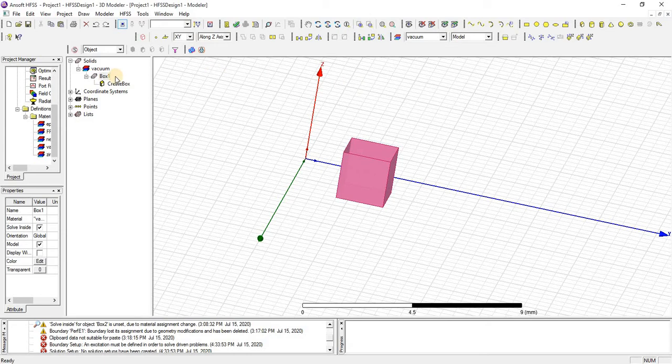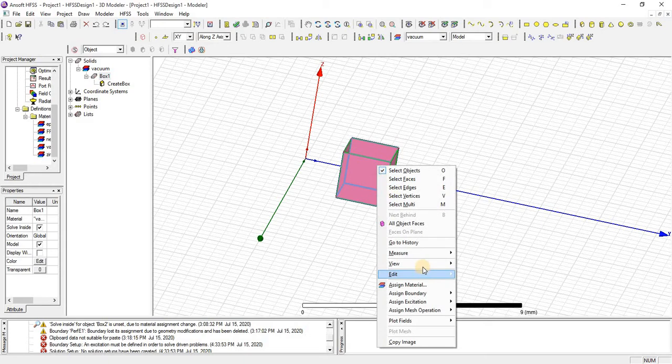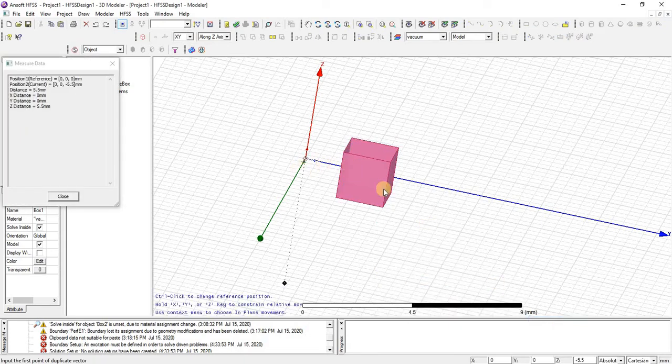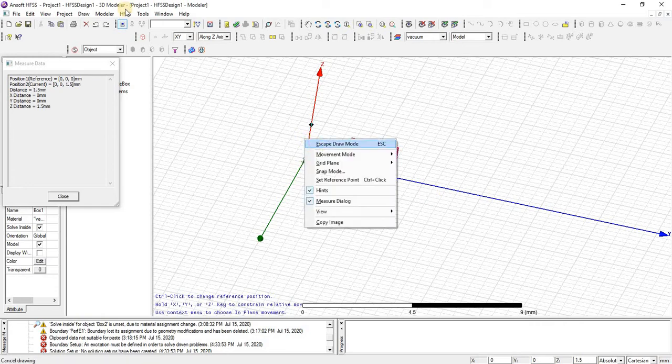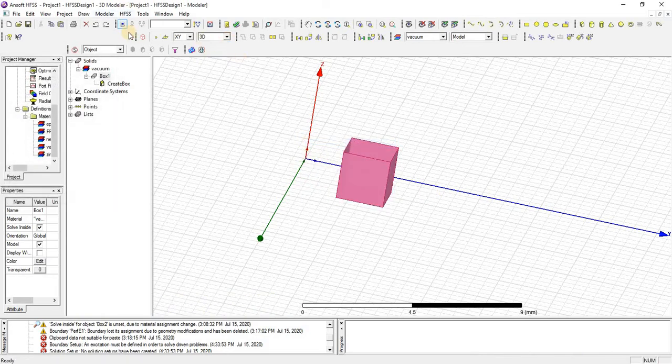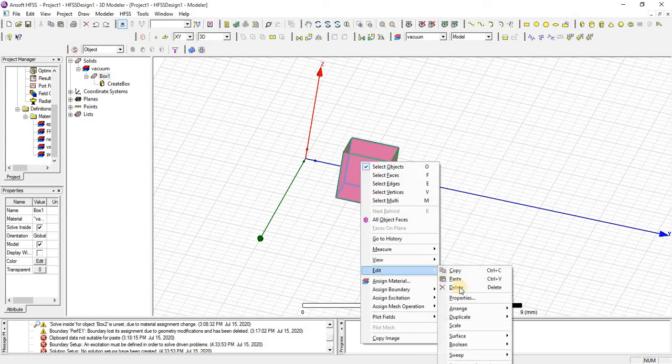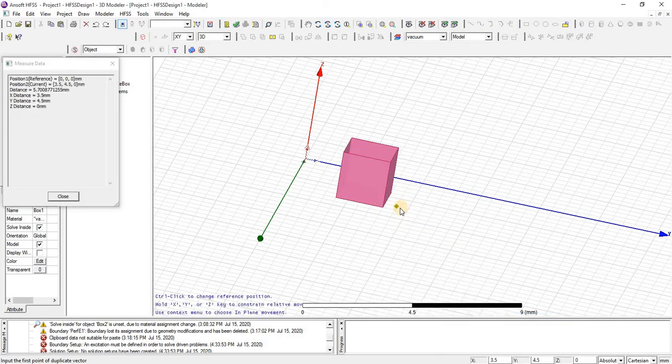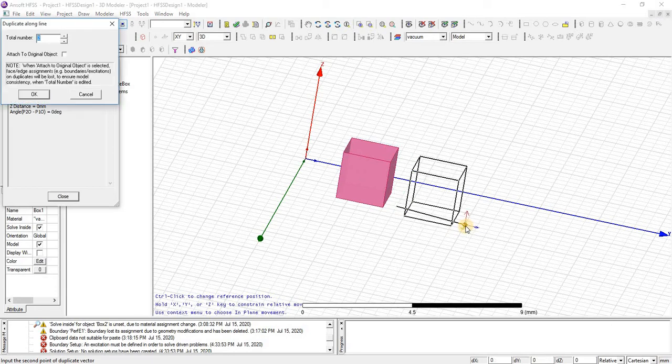Now let's see what the duplicate command is. In the duplicate command, along axis, first of all I'm going 3D, duplicating along an axis from the starting position, and then the total number of duplications at this same distance.